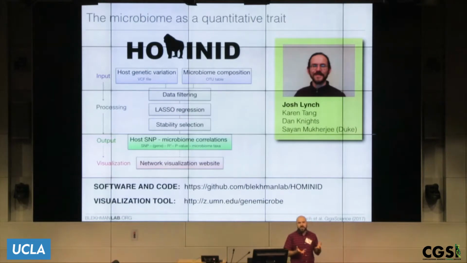So the microbiome is a really interesting thing to look at as a quantitative trait because it's composed of a large number of potential features or potential traits that you can use. So each microbe can be considered a trait, and then you can also think about if you aggregate the microbiome data, depending on what type of data you have, functional data, you can actually look at the abundance of different genes in the microbiome, the abundance of different functional pathways in the microbiome. You can look at actual SNPs in the microbiome. So it's very broad, and it's a really interesting problem too because it's hard to define the quantitative trait